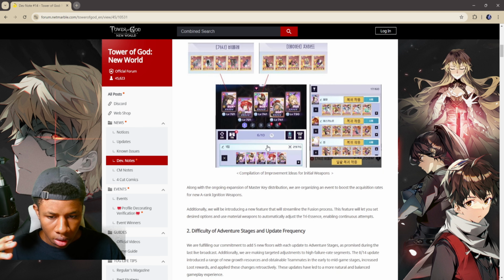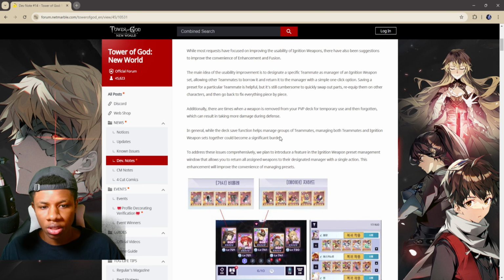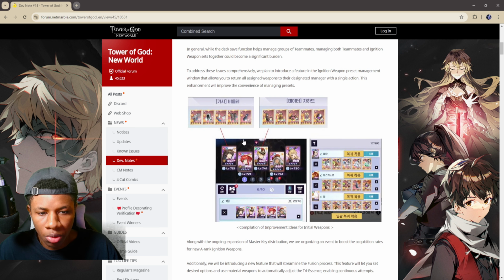So, this right here, they're pretty much improving the ignition weapon preset feature. One of the biggest issues with the preset feature is that even though you equip the set on another character, when it's time to put the set back on your main character who had the original set, you have to put the set on the character piece by piece. It just takes too long. So they're pretty much improving the preset feature so that it can help players